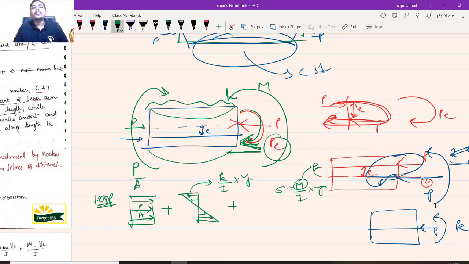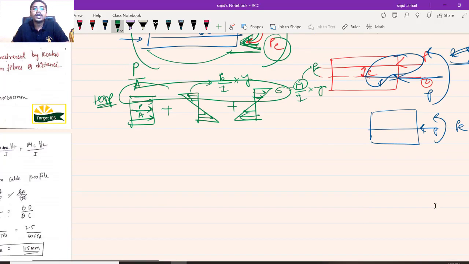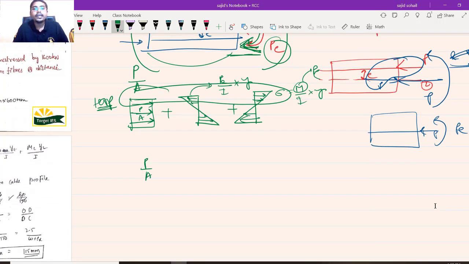Plus because of the loading condition, the original moment whatever we have, top is in compression, bottom is in tension. Right. Bottom is something like this and top is in compression. If you want the stress at the top, you can just add. You will be getting P by A plus, sorry, P by A. And here you can clearly see what is the direction.